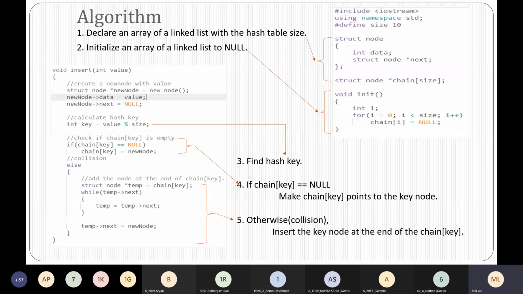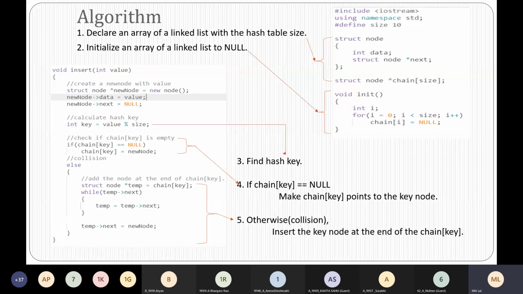The second statement says initialize an array of linked list to null. As you all know, if you want to initialize each location of the array, you have to open a loop and initialize each location equal to null. So it is given in the function void init.